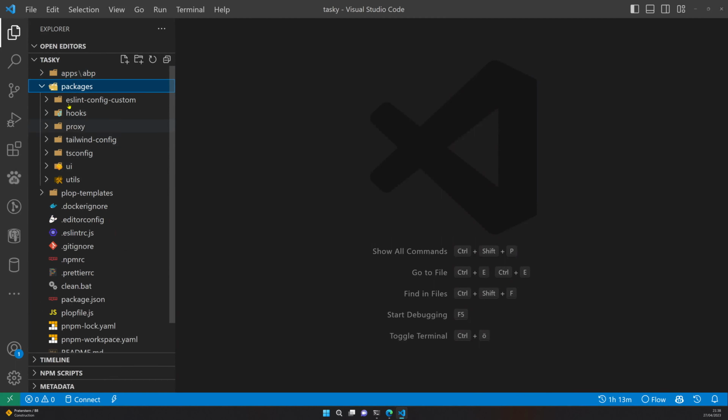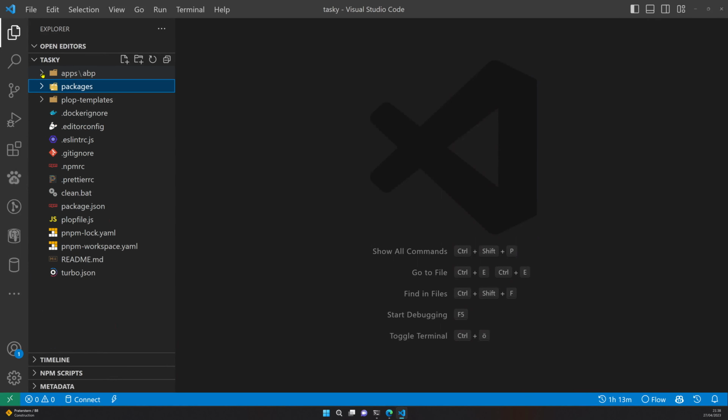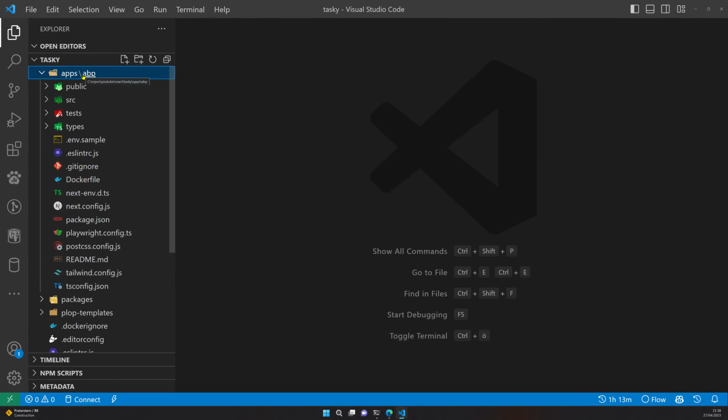And the packages is where you just create your UI, create your hooks, and then create your proxies. So this is where you share code as packages. If you're coming from the .NET world, we create projects. In the JavaScript world, they create packages. So we have a bunch of packages, and then we have one application, but technically you can add multiple